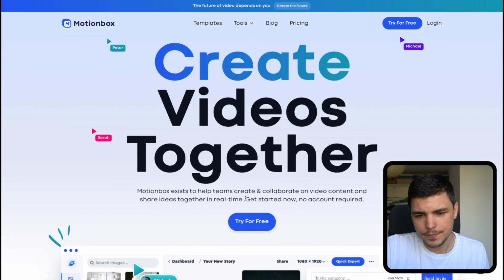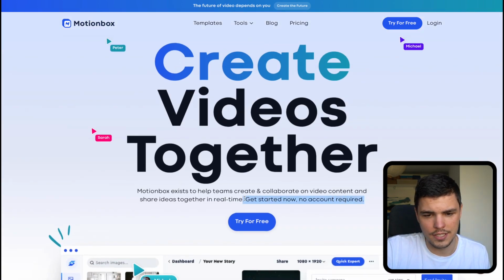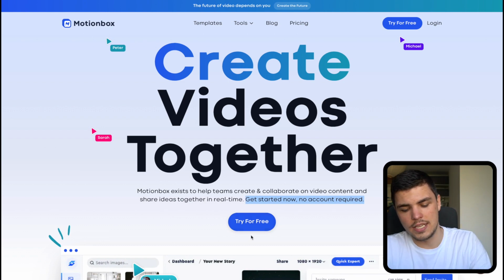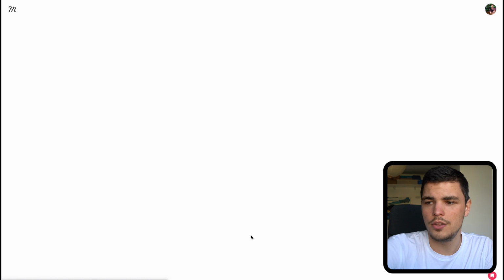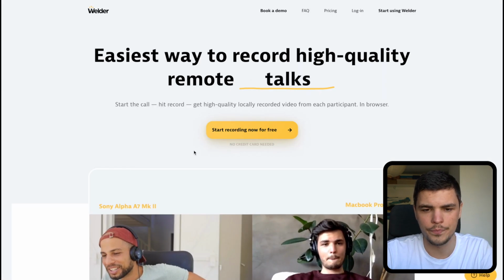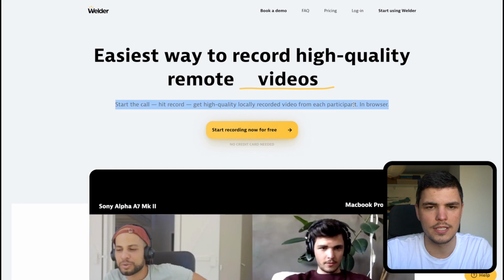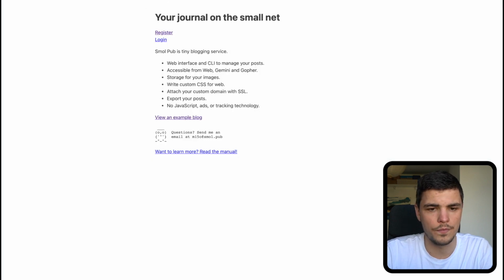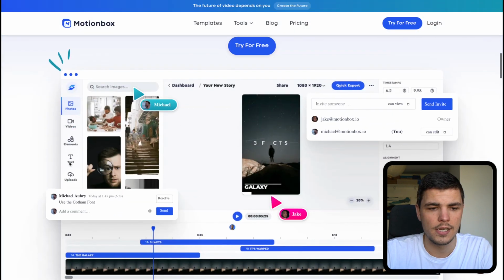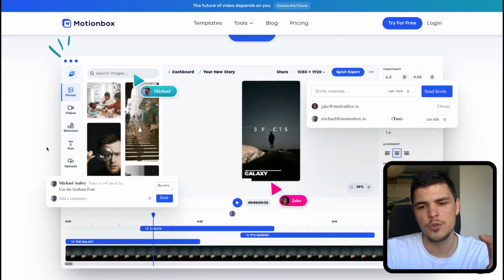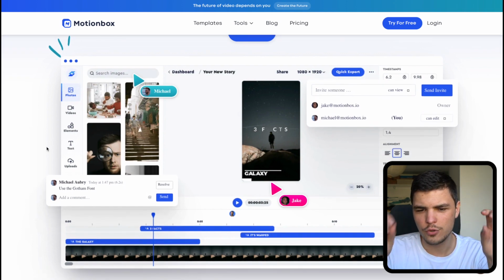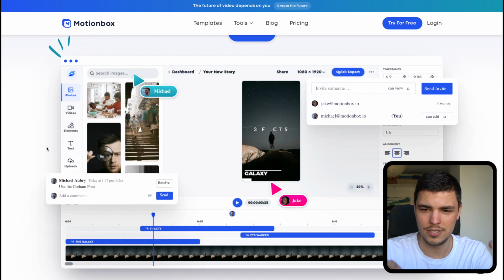One thing, I would get rid of this get started now and no account required and put it here under the CTA. For example, how we do it on our Get Welder, like this, you know, like people will see it and they will see it at the proper time, and your subheadline can be smaller because of that. So that's nice. When I first came to the website, it's cool that I can see it's a robust tool, which is nice, but